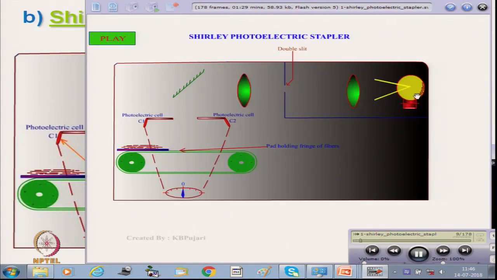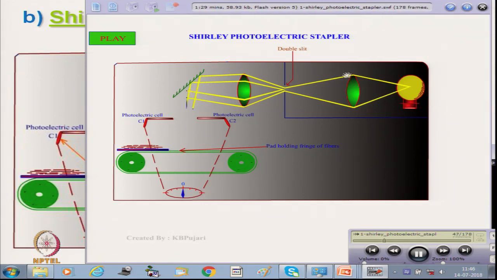Now, the light source is generated, this is the light source, and it is coming through the double slit, it will move out and go to a mirror, and the mirror reflects. These are the two sources of light, and it is reflecting. Now, the fringe is coming. See, there is no deflection, and at a point there is maximum deflection, that point has been noted down.